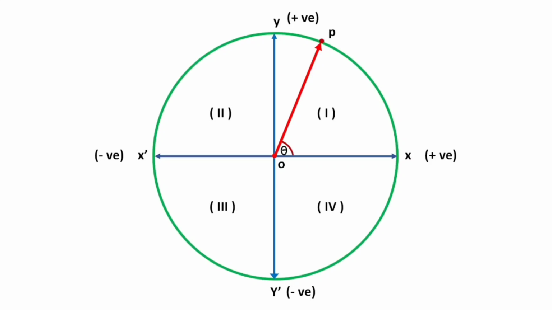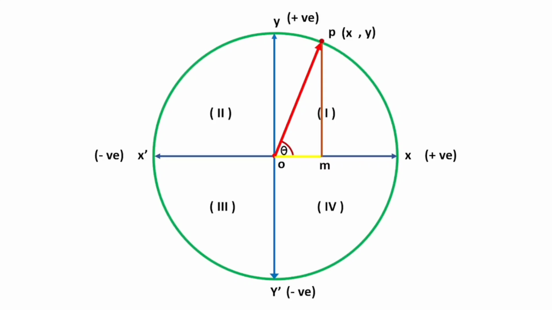The point P, as it touches the circumference, has two coordinates. One is its abscissa, that is along the x-axis, and the other its ordinate, that is along the y-axis. If we get the values of x and y, then using trig ratios we can measure the magnitude of the angle theta. Now I'd like to drop a perpendicular from point P on the x-axis. So we get a right angle triangle OPM. For angle theta, OM is the base or adjacent and PM is the height or opposite. Now using any trig ratio, we can calculate the magnitude of